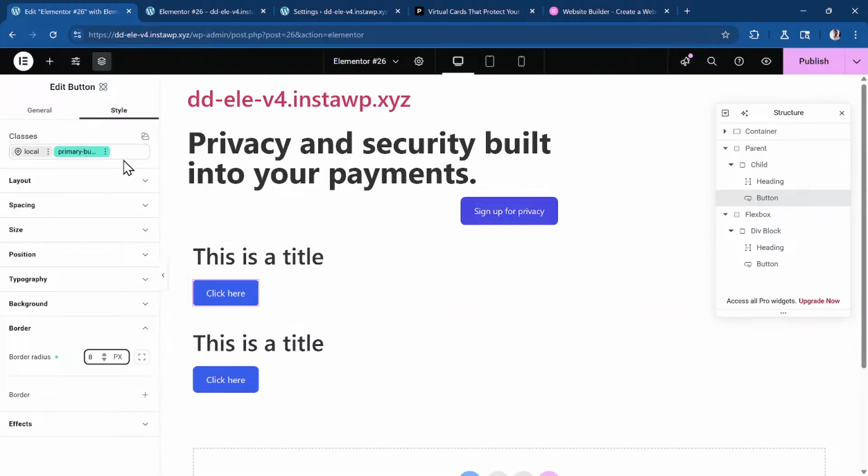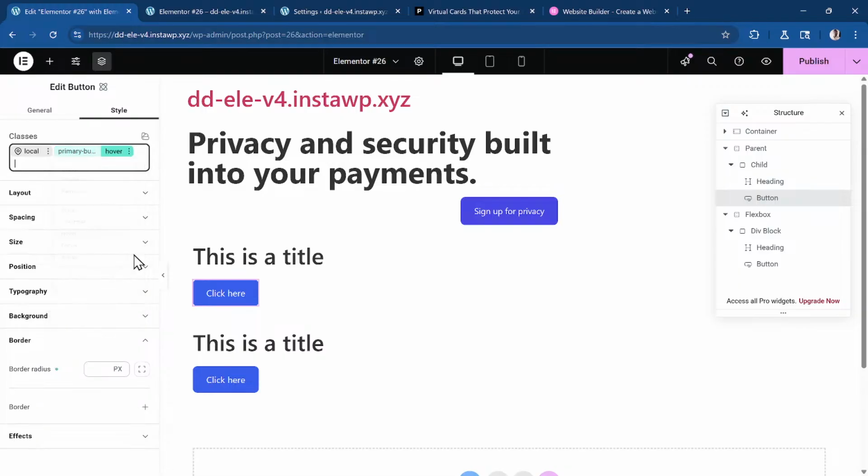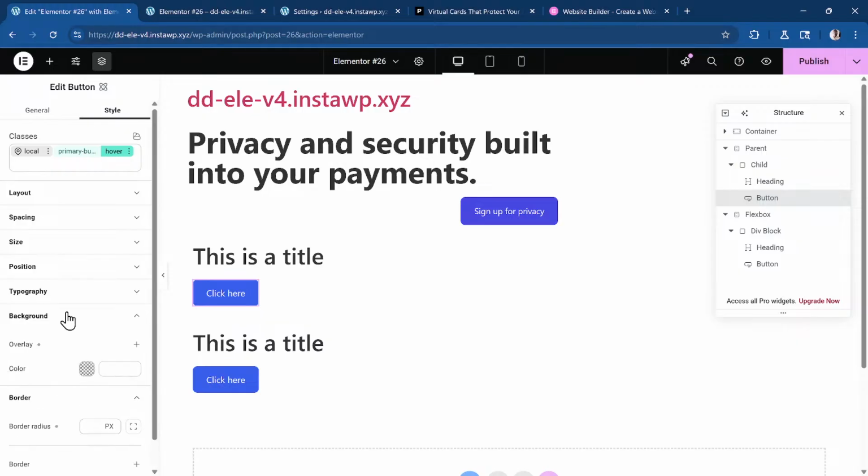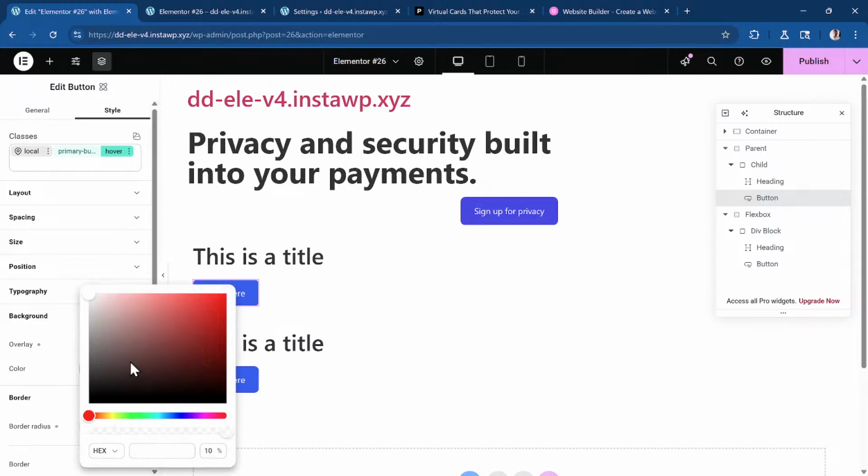And I will also give it, one other thing I didn't mention is you can add what they call states as well. So to add a state, which is what I mean by state is just hover color, your active color and all of that. If you want to add a state to a class, you click on the 3 dots and you say, I want to add a hover color. So let's say on hover, I want the background to get darker. So I'll go to background and I want it to be,